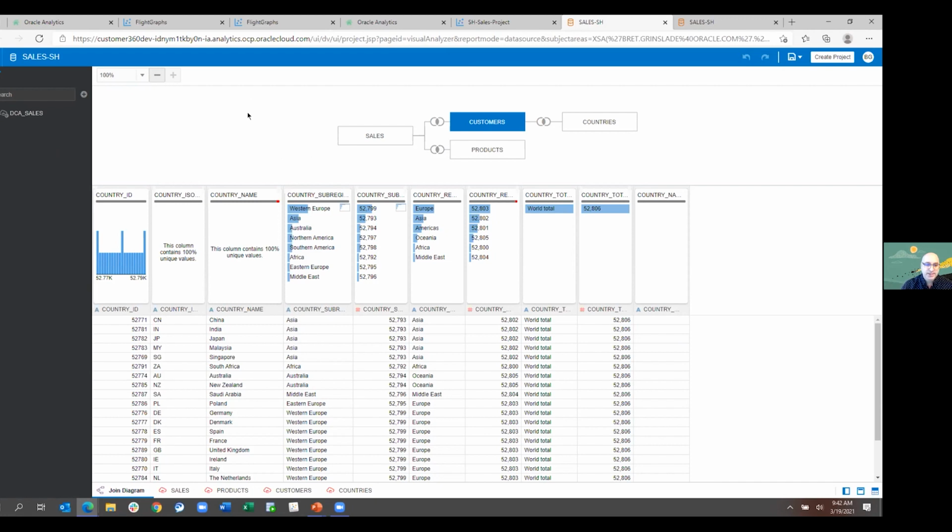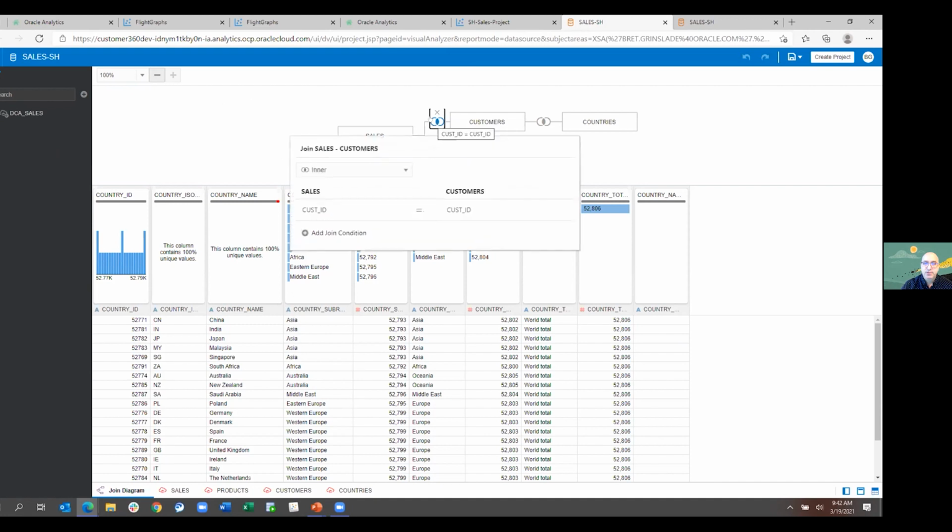And then a few other things to make this a little easier for you. Let me just show you a couple of things here. You have full control over the joins, so you can control the join types. And this is much more like a SQL join. So think of this a little differently than blending. This is really going to be a join that's going to happen at a lower level in the system, more of a physical join.